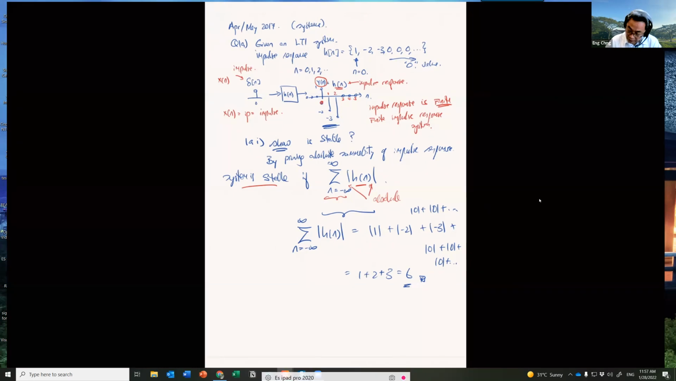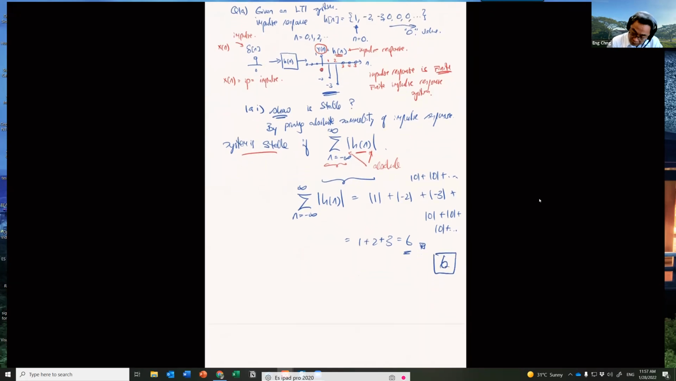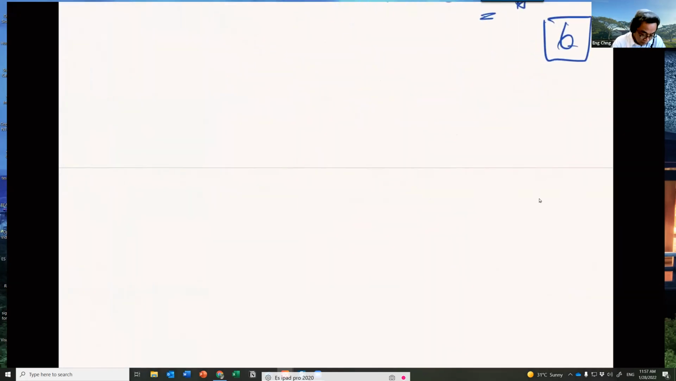This part of the question is 6 marks. So another part of the question, we have 1 AII. In this part of the question, it says,